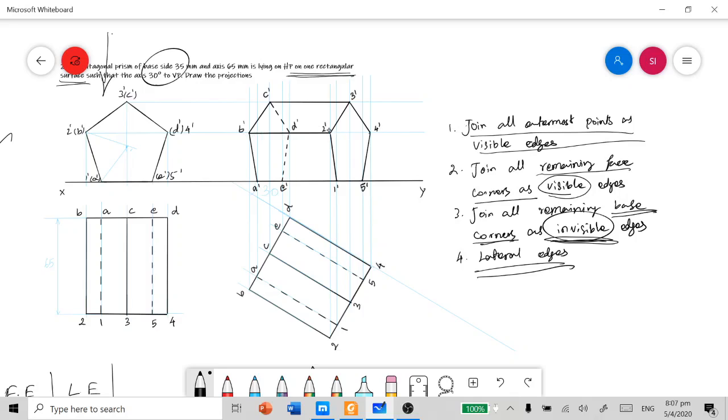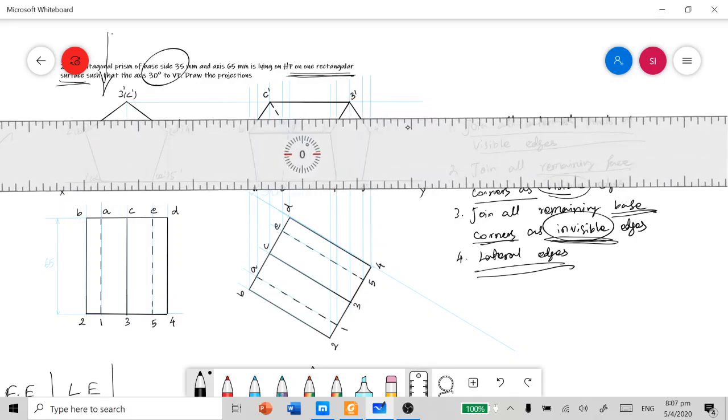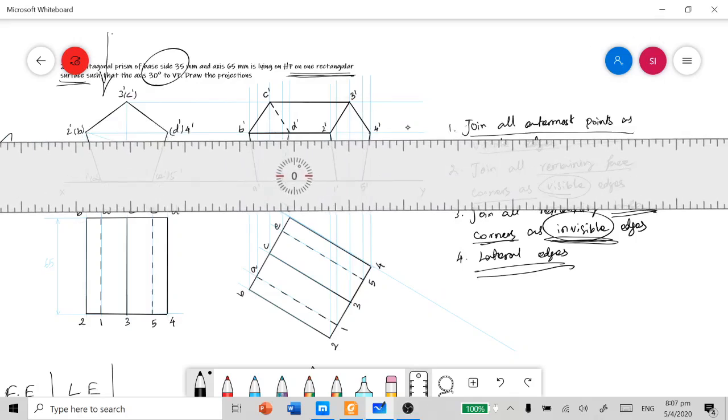We have to give first priority to the visible edge. So you need to highlight the portion which is not occupied by 2B. That is, this portion has to be drawn in the dashed line format for the 4D edge.